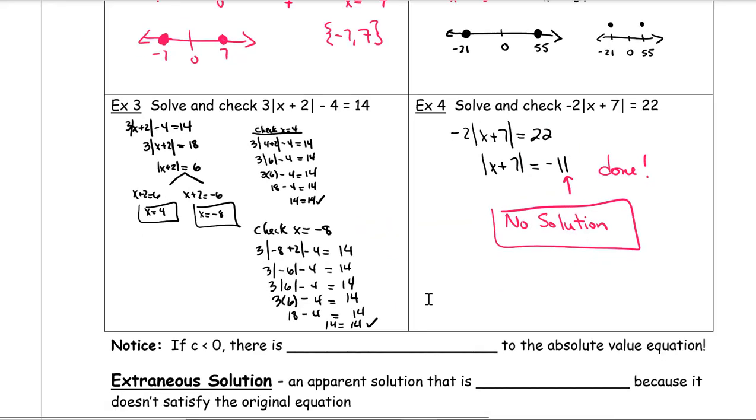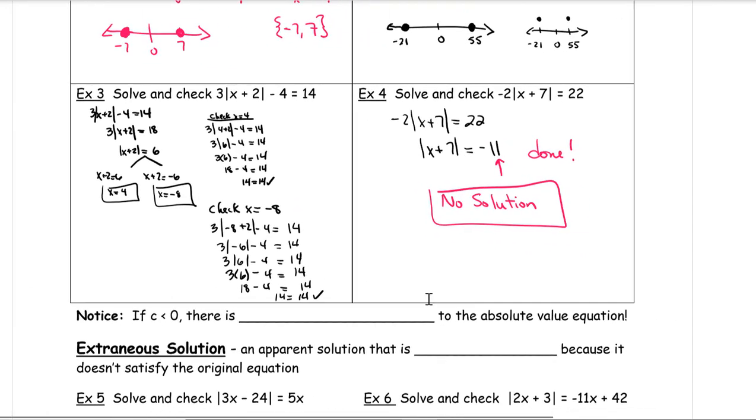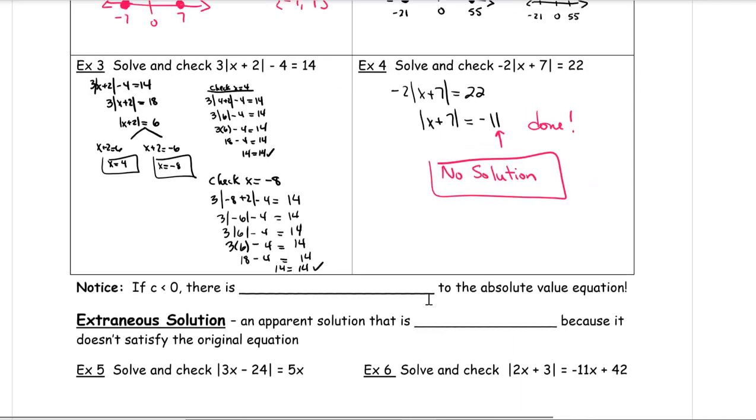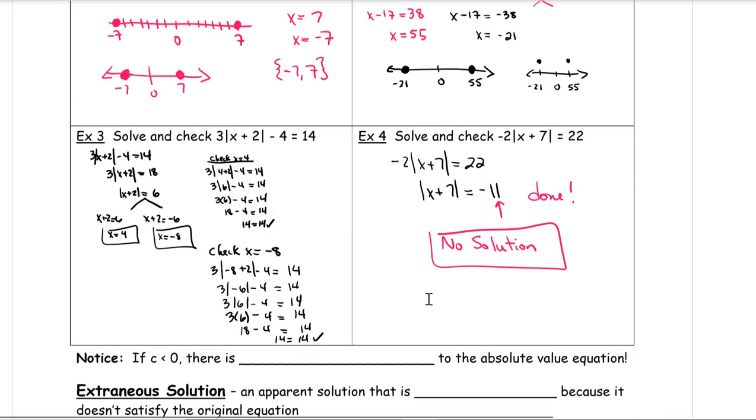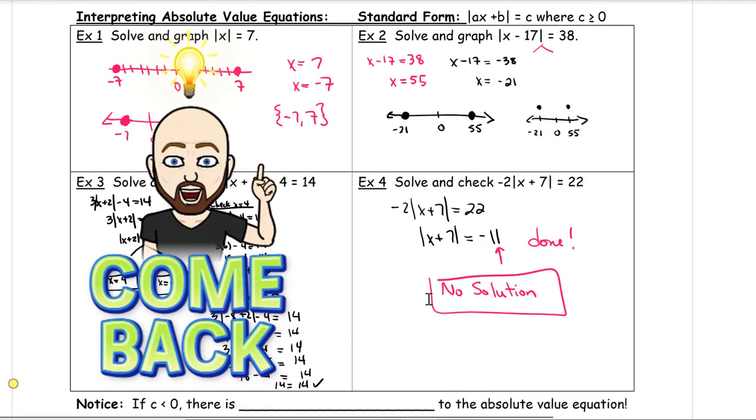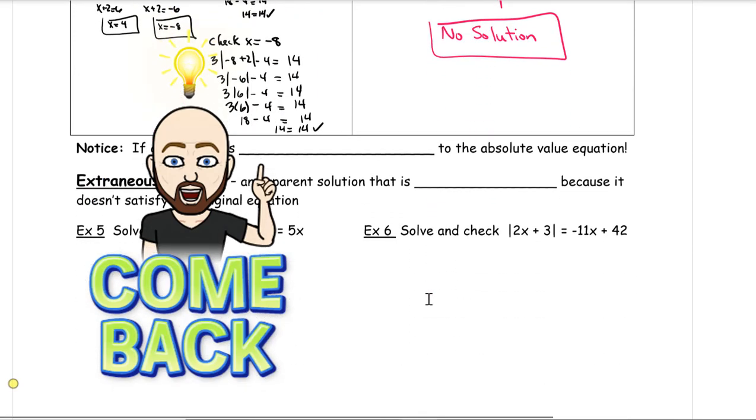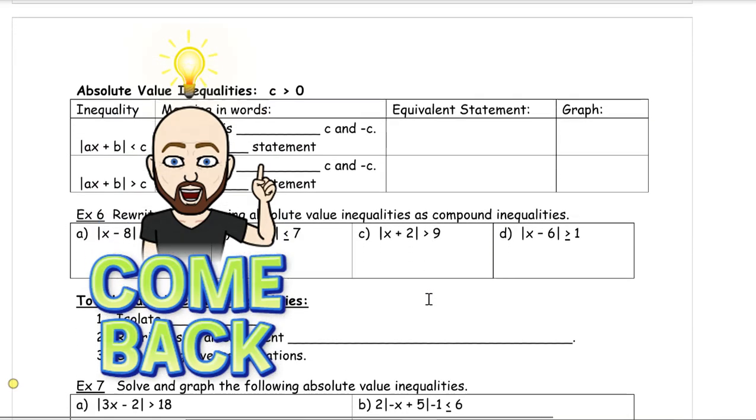So that's it for these first 4 examples. The next 2, I'm going to come back in another video, but I want to make sure you're solid on this, that you're good on all those pieces. So come on back and watch the rest of it, where we'll do examples 5 and 6 in one video, and then we'll get